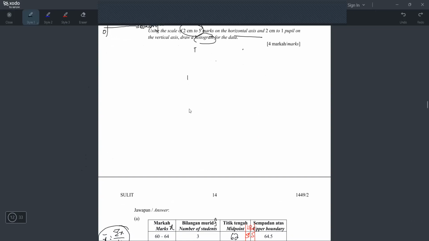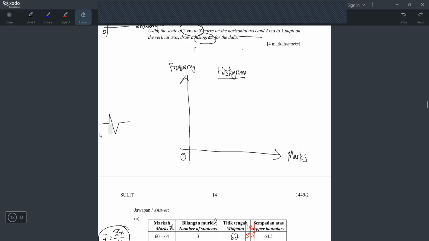Okay, I will show you my end result. But wait, I want to mention something. Your x-axis guna boundary, right? Tapi sini kena tulis apa? Walaupun you guna lower boundary, tapi you tak boleh tulis lower boundary, you kena tulis marks. And then sini kena tulis frequency. And then kena ada tajuk histogram. And I always teach my student, kalau scale ni ada masalah, kena buat itu simbol macam ni kan. Okay, tapi yang tu jangan tengok dulu. Kita bincang pasal skala dulu.